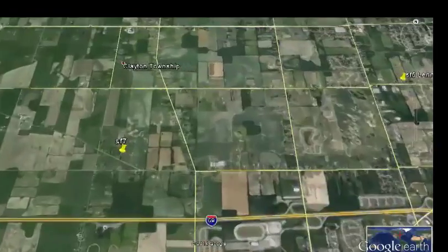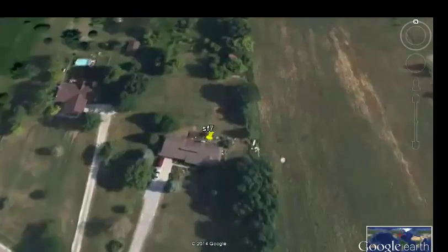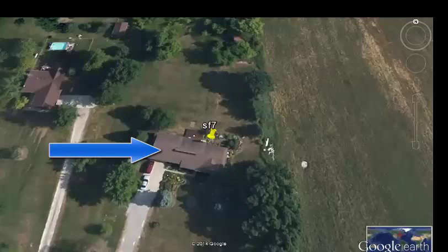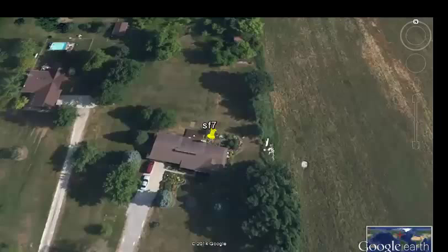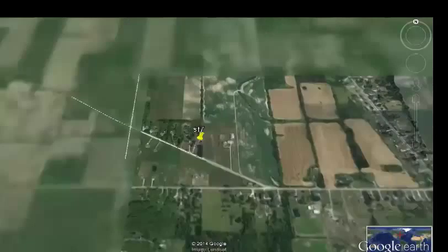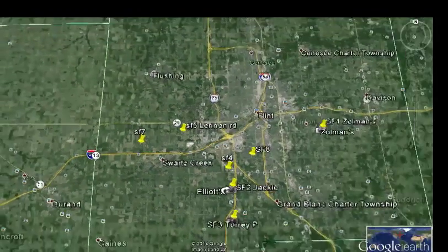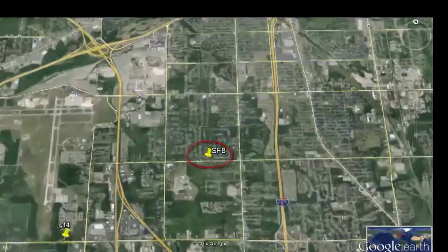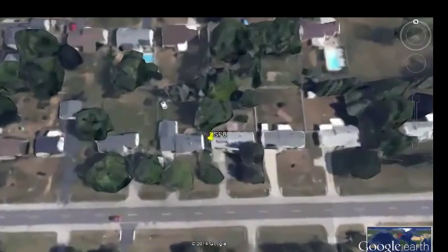So here's the unit, the triple that I went looking for. I did get a chance to talk to this fella. He was very enthusiastic about it, wanted to talk to me about maintenance, and said the units are all working. He had them all removed from the roof at one point and re-roofed and then reinstalled. He was really quite proud of himself that he had something that others didn't have. Let's zoom back out. And there was one last unit